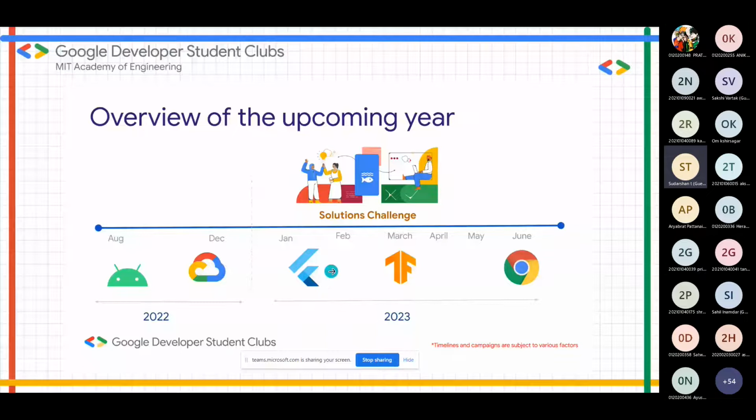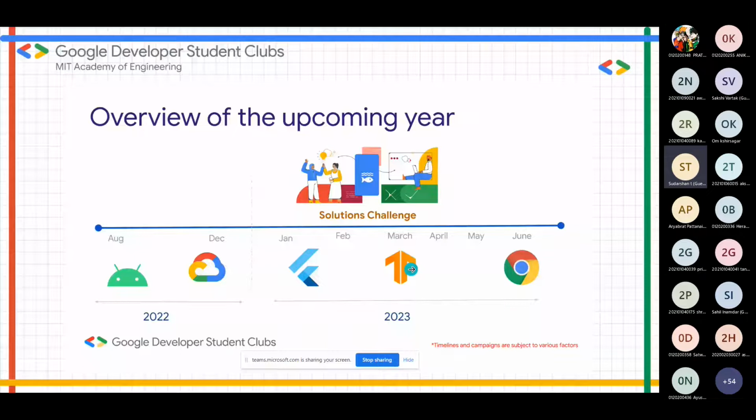And in between February or March, we will have the solution challenge. This solution challenge is a boon for us, because we get some live problems from Google and from the UN, United Nations, and we have to develop solutions for them. So you will get more chance to explore yourself. If you are doing any project and it has that much capability, you can contact our team. I will share all the contact details further.